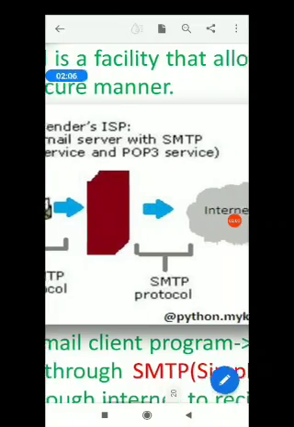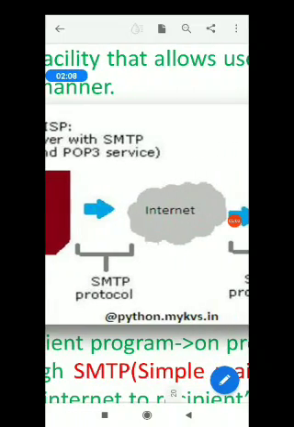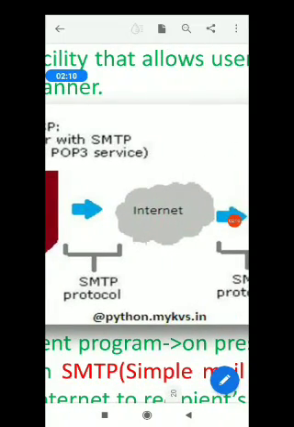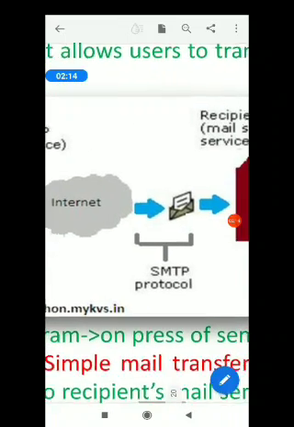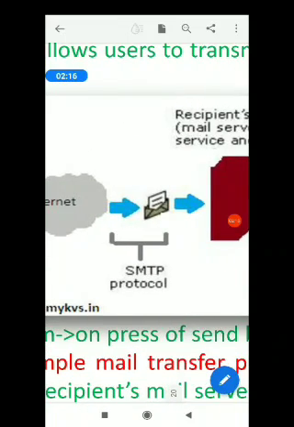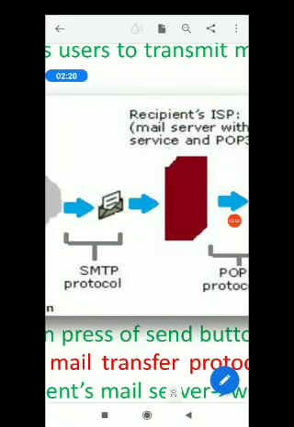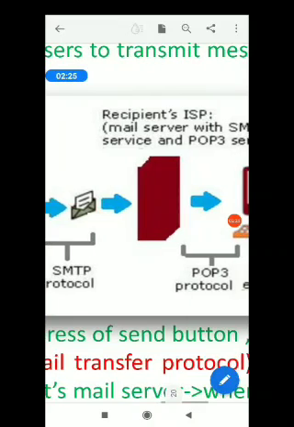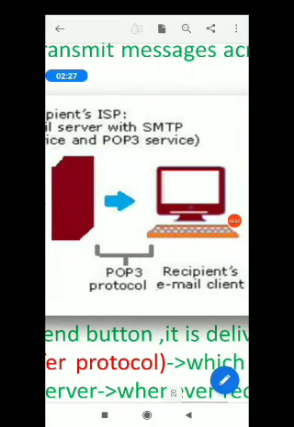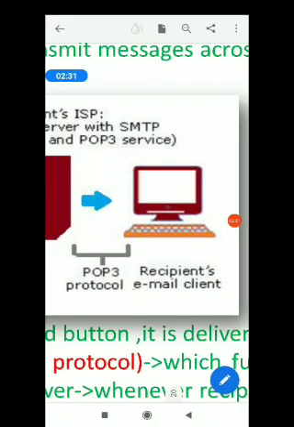From here, the SMTP protocol and POP3 service let the email go to the internet. From here, again at the receiving end, the recipient's ISP, the SMTP protocol submits the email message, and using the POP3 service protocol, it goes to the recipient's email client.